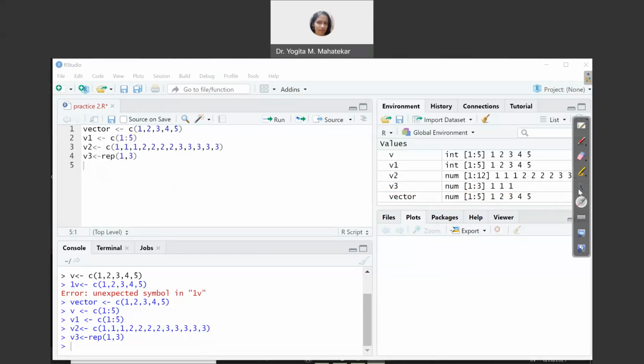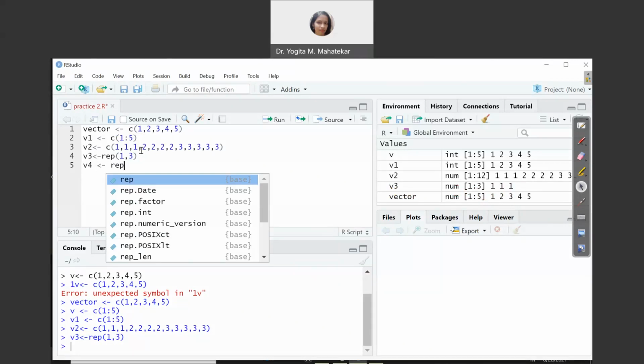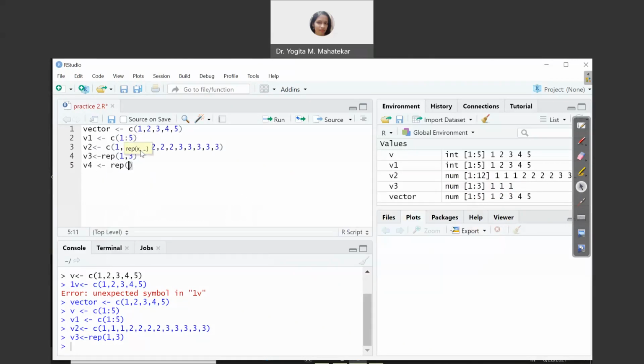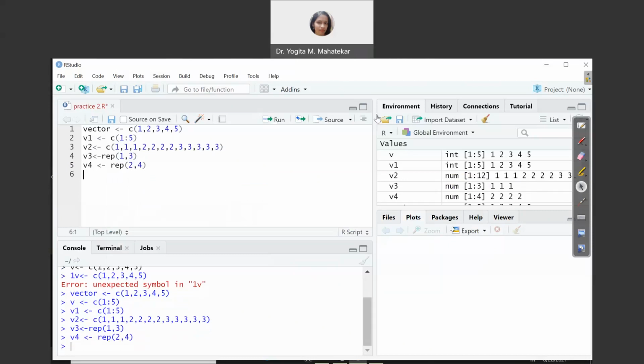Similarly, we may go ahead with another part of the vector v2, because I want 2 four times. So I call it v4, less than hyphen, rep, and I want 2 four times, so 2 comma 4. If I press run, it will show v4 as 2 2 2 2 in the workspace.